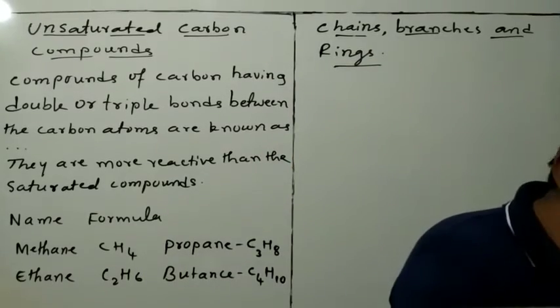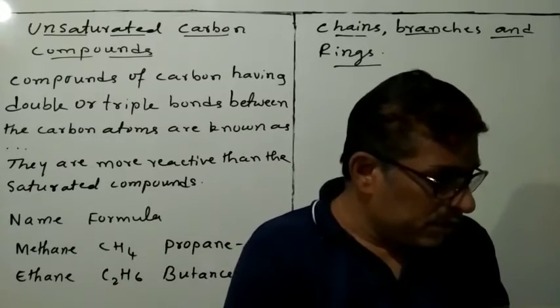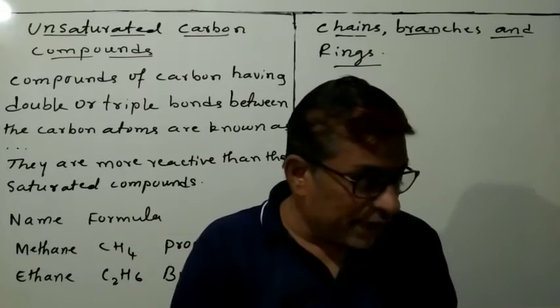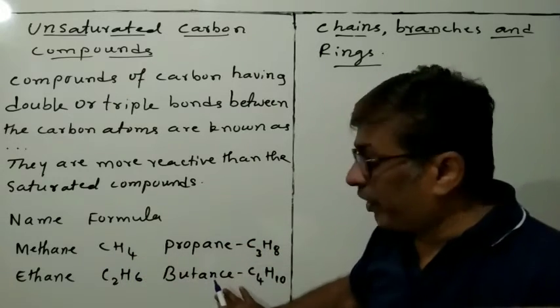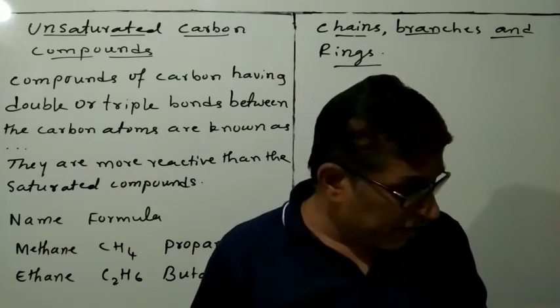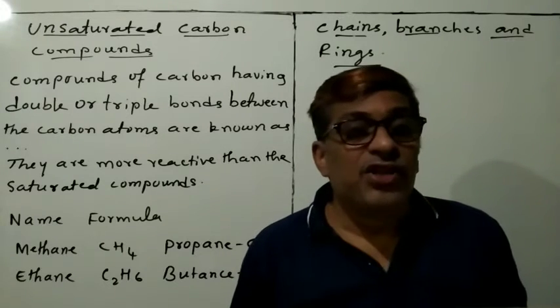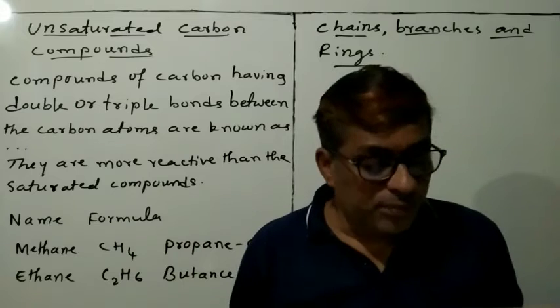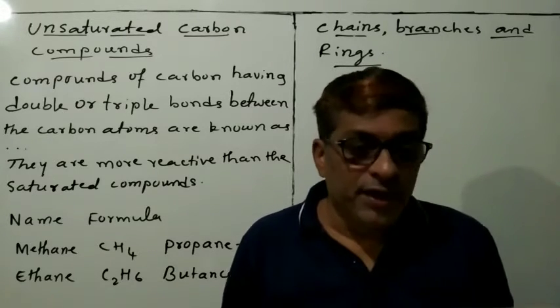Now here we will see some of the examples. So I told you, here in the chains and branches, some of the formulas of methane, ethane, propane, butane. So this structure, and as well as pentane and hexane, this structure you have to learn. Draw the structure of all of these. Now we will talk about the butane.